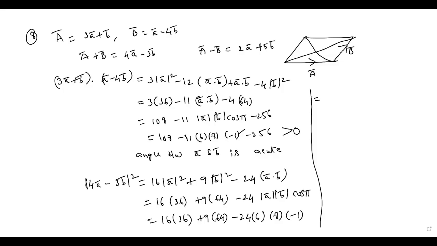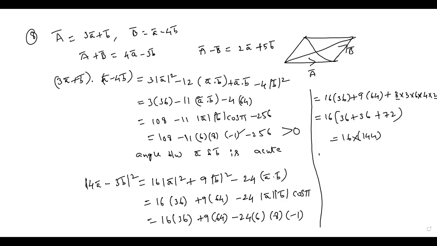Simplification is lengthy. That's why 16 into 36 plus 9 into 64 we can write 16 into 4, no problem. Here minus of minus plus, this 24 we can write 8 3s are into 6, to 8 we can write again 4 2s are 8, 2s are 16 only. Overall I'll take 16 common, remaining 36, 16 common remaining 4, 4 9s are 36 plus 8 2s are 16 common remaining 6 4s are 24, 24 3s are 72. Here 16 into this total 144.